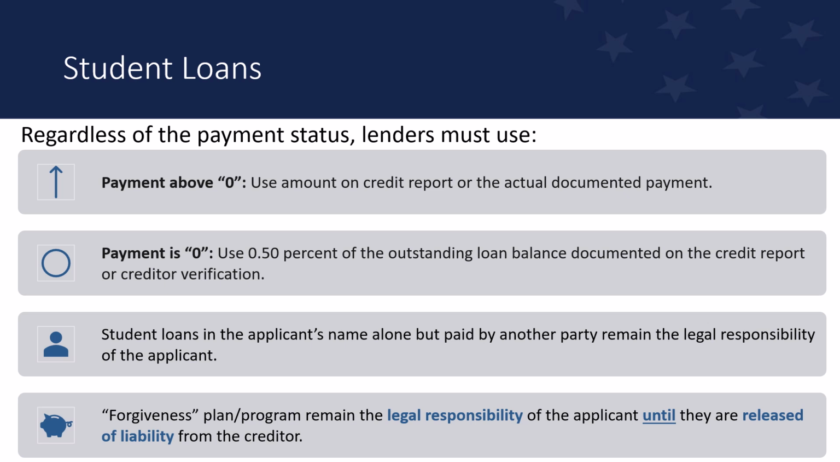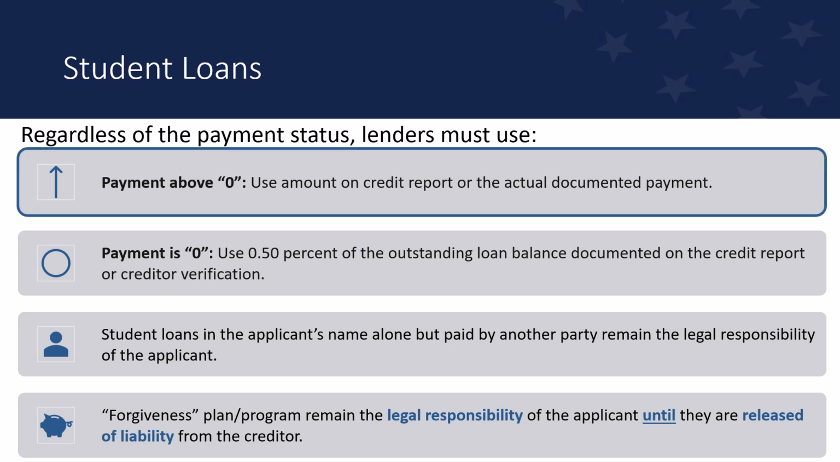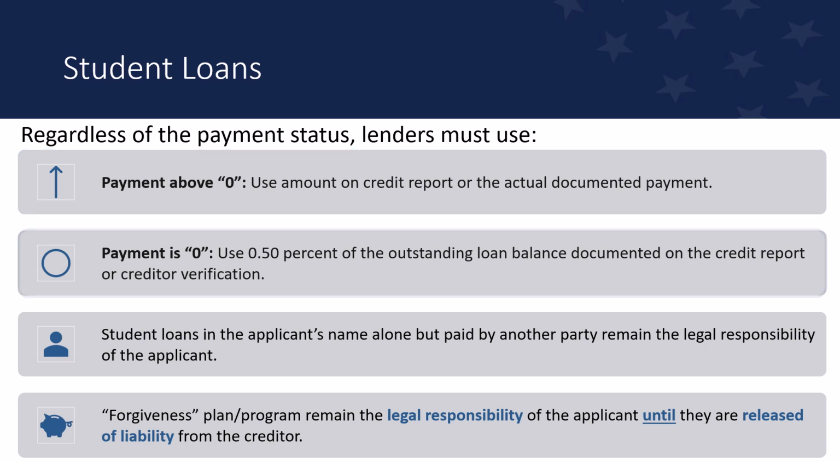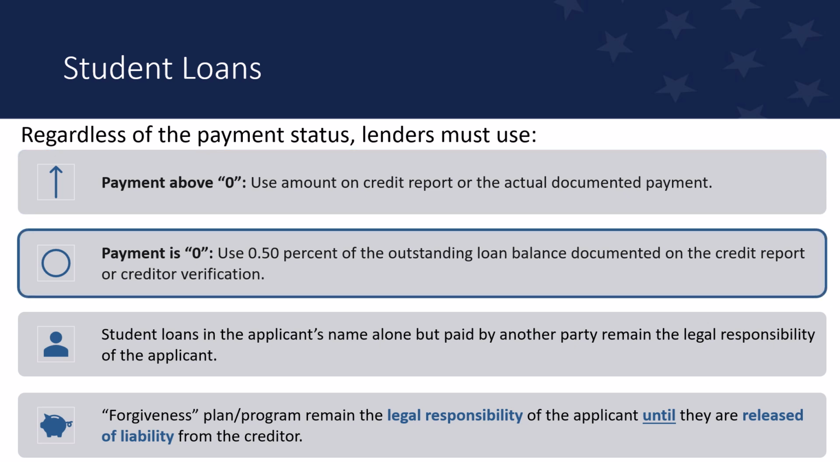Now, if an applicant has outstanding student loans, regardless of the payment status, lenders must include the following payments. When the payment amount is above zero, use the payment amount reported on the credit report or the actual documented payment. When the payment amount is zero, use 0.5% of the outstanding loan balance documented on the credit report or